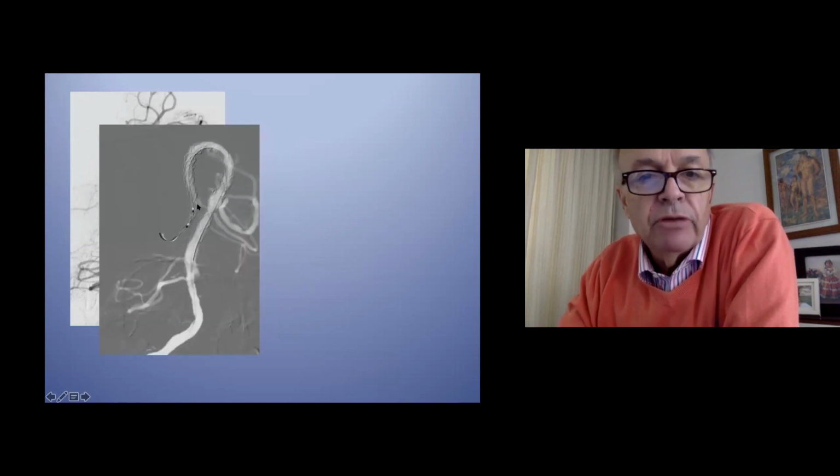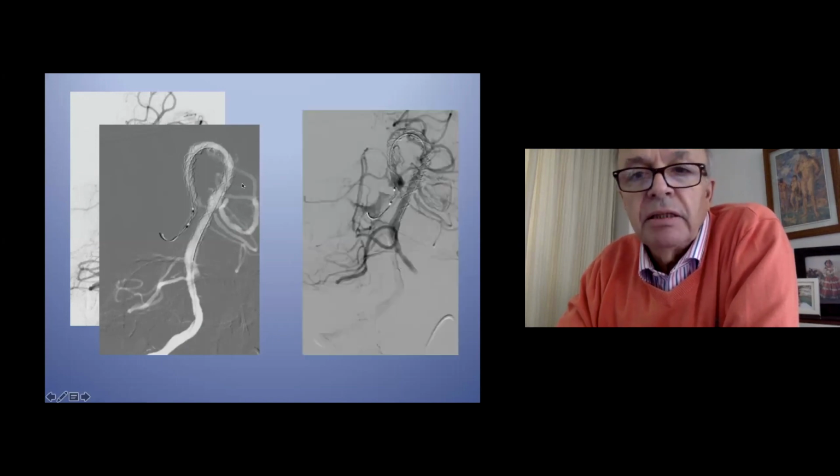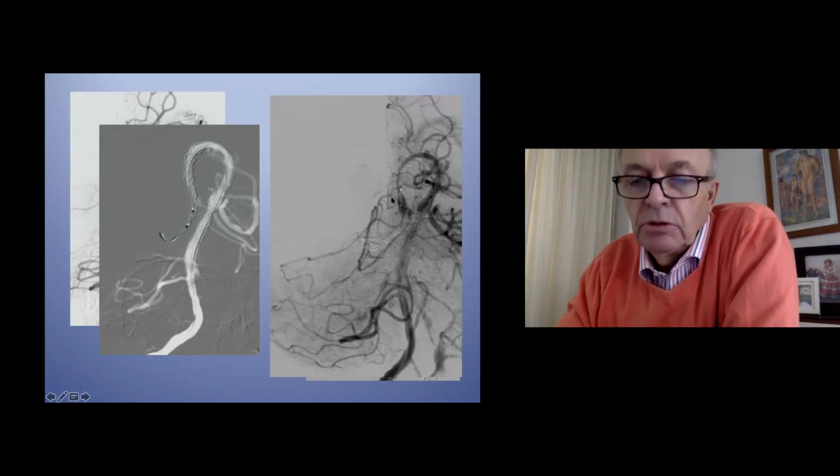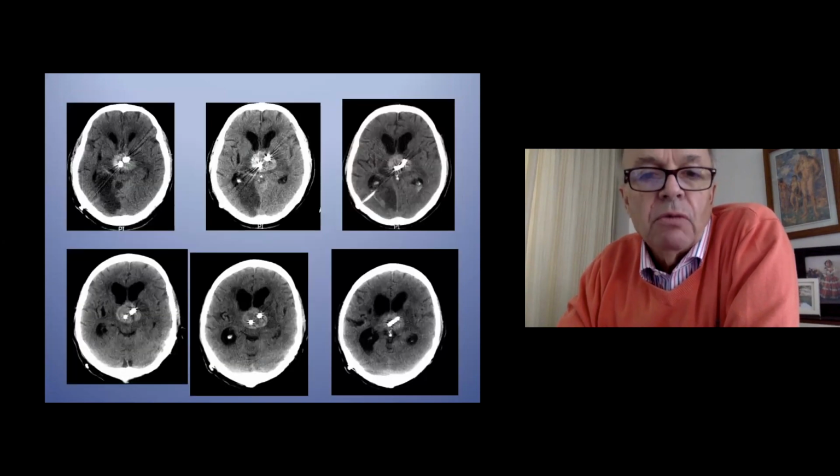I decided to perform a balloon remodeling to open this, but in this moment I ruptured the end part of the junction of the posterior cerebral artery, and I decided very quickly to close this vessel with coiling to preserve the patient, to stop the bleeding. 1 week later,